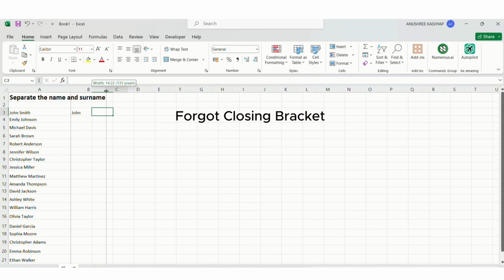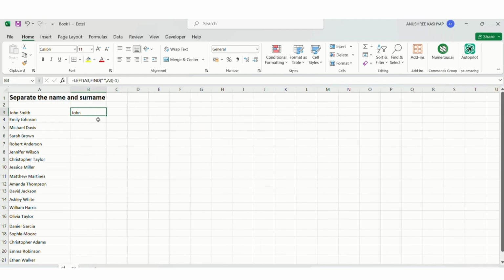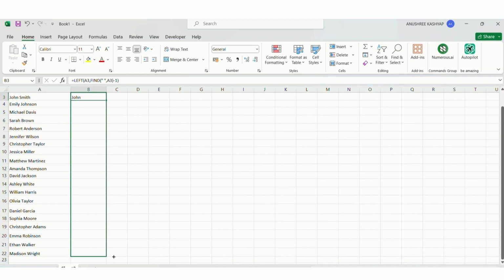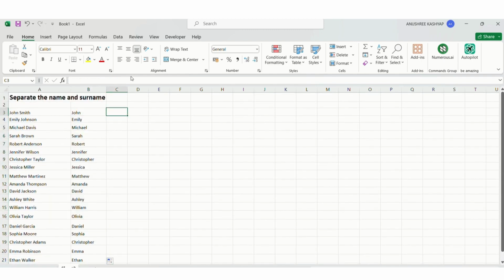Let's give it some more space. And now we want this result till A21. Then drag it till A22 and see the magic. Now we have to